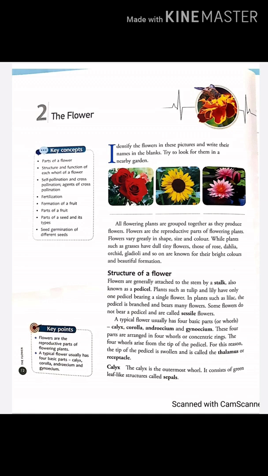Pollination by insects. Insects such as bees and butterflies visit flowers to collect nectar. In the process, pollen grains get stuck to their body parts. When they visit another flower, the pollen grains get transferred to the stigma of that flower. This is the most common method of pollination. Now see pollination by water. Pollination by water occurs in aquatic plants such as Hydrilla and Vallisneria.